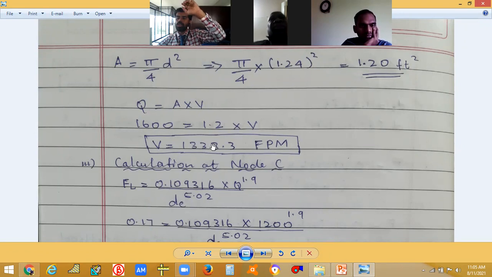Initially, you knew Q and V, which means discharge and velocity. In the second step, you know the discharge and the friction loss. If you know the discharge and the friction loss, you could easily find the area, the diameter and the velocity. Now you reverse it and find the answer.